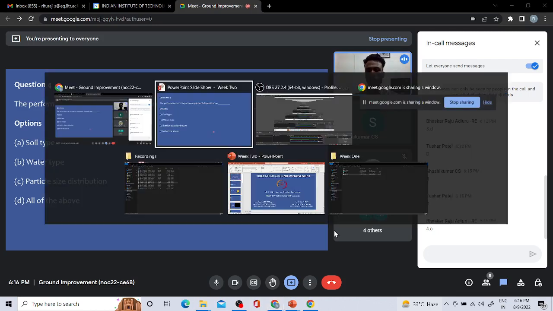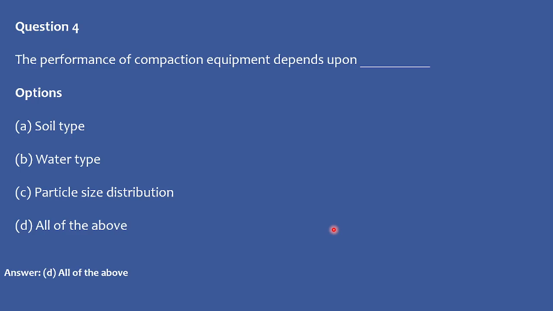So the answer to this question will depend upon all of these three factors: soil type, water type, and particle size distribution. Definitely soil will be one of the factors. If there is soft soil or clay soil, the compaction effort required would be less, so the equipment we use won't need that much heavy weight as we require in stiff soil or dense soil. And the water type also matters, because the moisture content in the soil will basically help